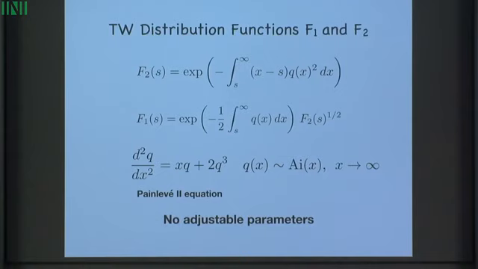They arose initially in random matrix theory as the distribution of largest eigenvalues. The F2 was the Gaussian unitary ensemble, and F1 was the Gaussian orthogonal. Subsequently, there are many universality theorems. Alexander Its pioneered them with the Riemann-Hilbert method, and Percy Deift. And they showed that for a large class of,